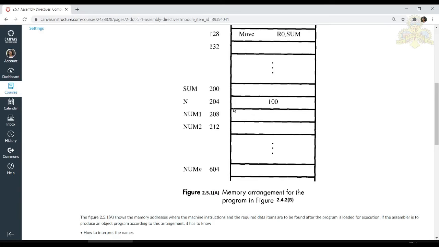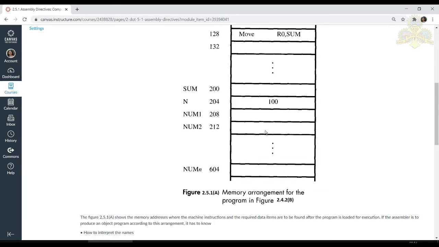Why 400 bytes? Because the assumption here is that one word contains 4 bytes, and we need 100 numbers to be added, so 100 into 4 is 400. So 204 plus 400, you get 604. From 208 till 604, you'll have the 100 actual numbers that would be added. Those data would be present here.